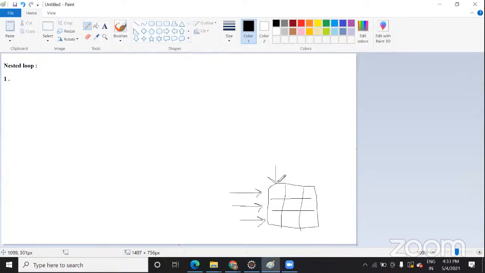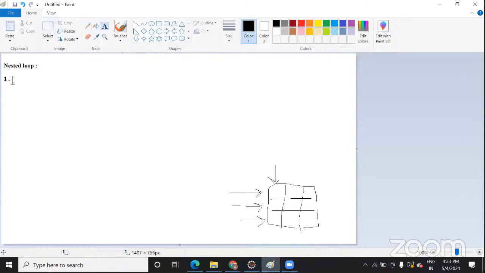So in such a scenario, the nested for loop is helpful, and specifically the for loop is mostly used in nested loops because the for loop gives you initialization, condition, and increment on the same line, right? That is not possible in while and do while.